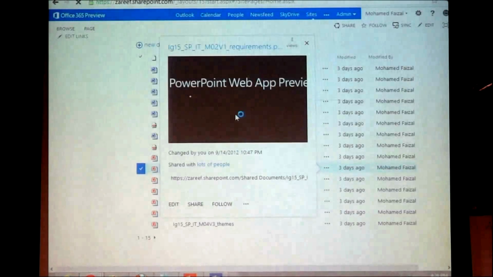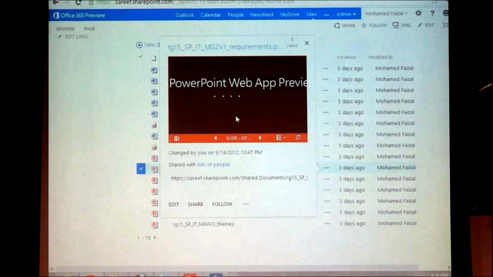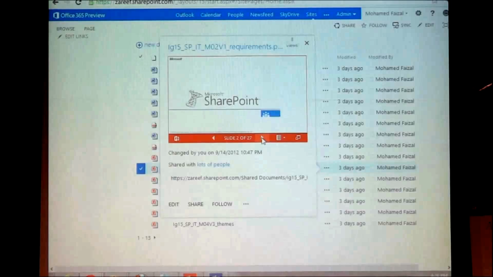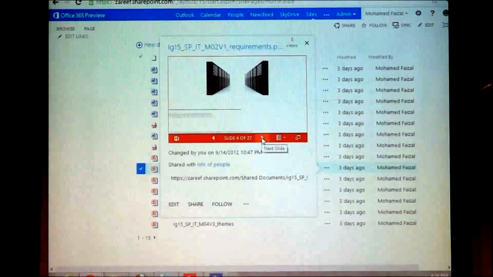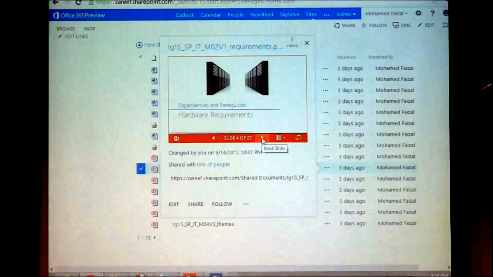It's supposed to look like this based on the screen resolution. Then you can view SharePoint slides on the fly. Okay, the same look and feel you will get when you go to search, when you look at the same place. Now Santosh was talking about SharePoint fast search, right?